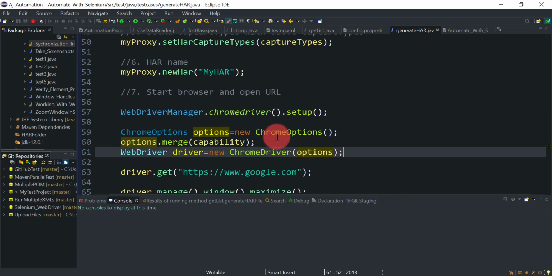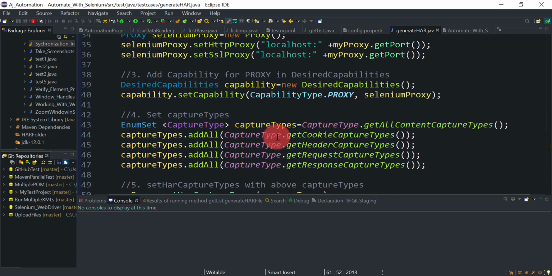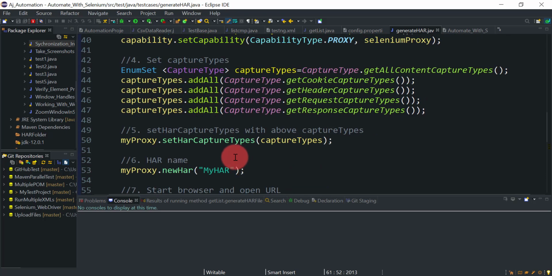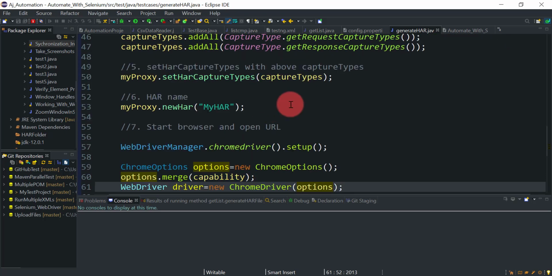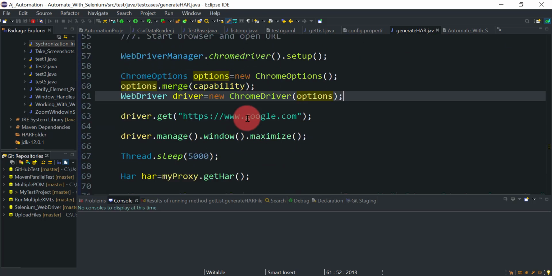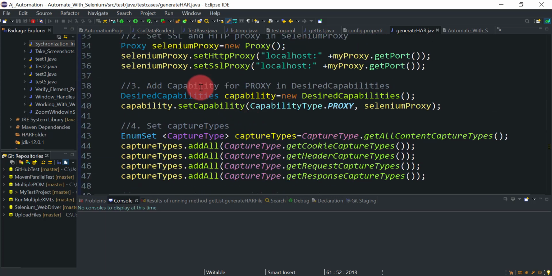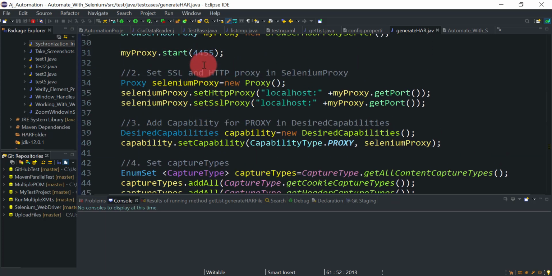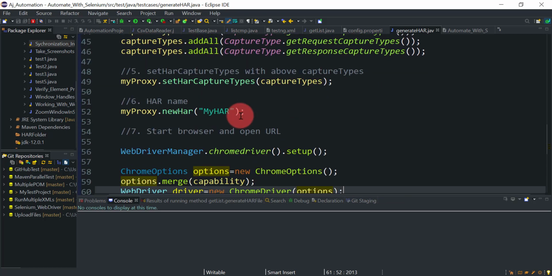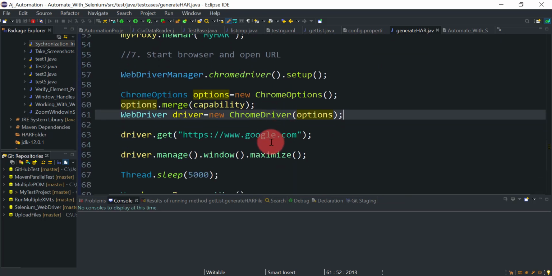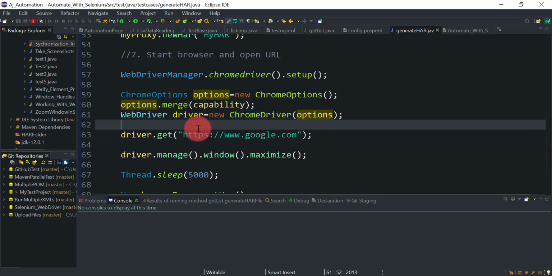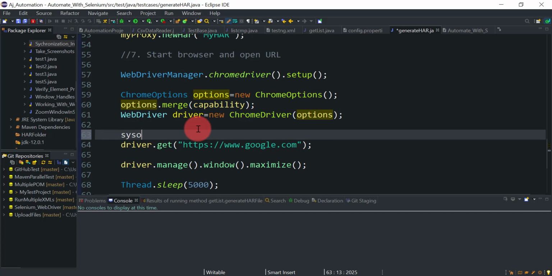Maybe I can show you that, and then we will see how to overcome that error. But before that, let me print the driver capabilities so that we will be able to see the details for this proxy port number and all those things. So I can print the driver capability after setting up the ChromeDriver. So here I am going to print the capability.